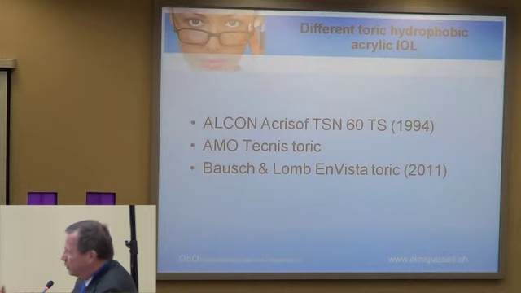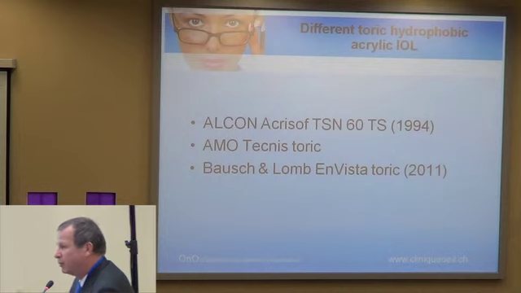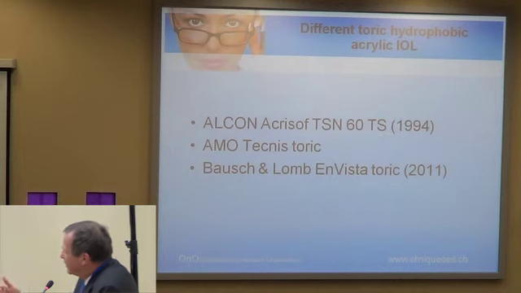That's why we work on this toric IOL, and to be really, really neutral when you do your cataract operation. And it's very important. We don't follow the patient more than, let's say, 3 months when we do a study. When you look at the patient after 1 year, it's completely different. And you have a shift, and you have something which is different. So it's something that we have to look after.